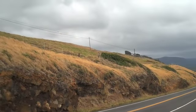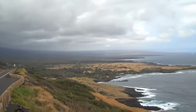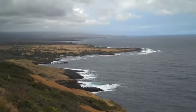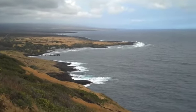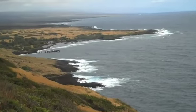And then you see a few bays cut in. The bays are actually just the place where the lava didn't flow out to the sea. It's not really cut in, it's just the lava flowed out. And then right in front of us is the bay. It's called, I believe, Honoapo. And you can see an old pier that's